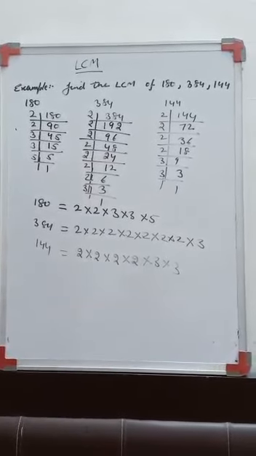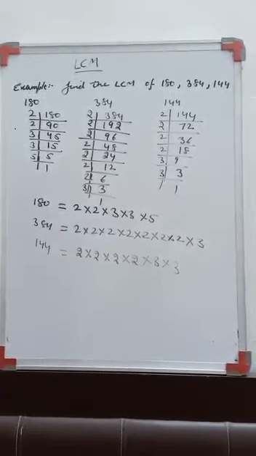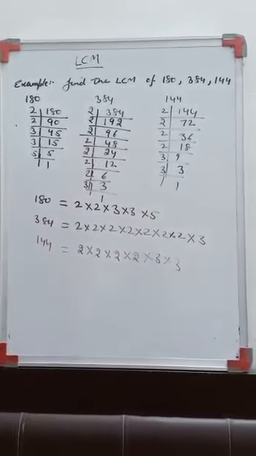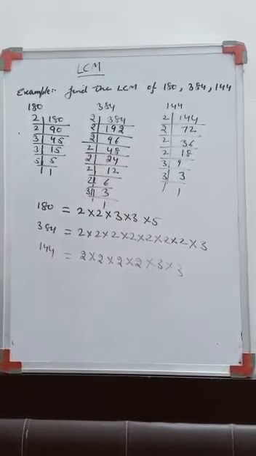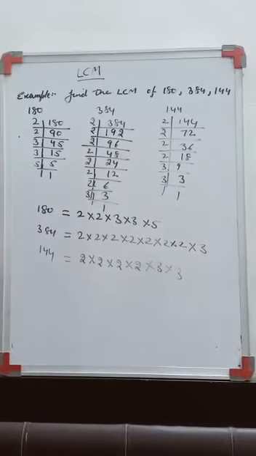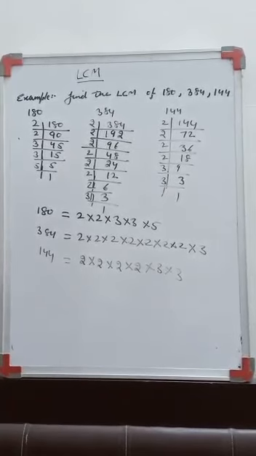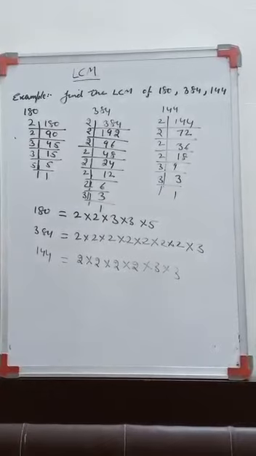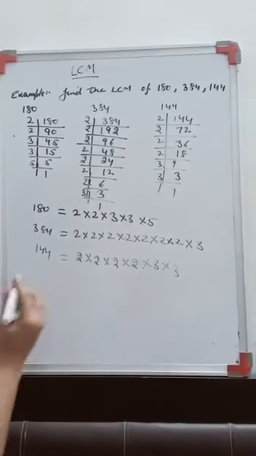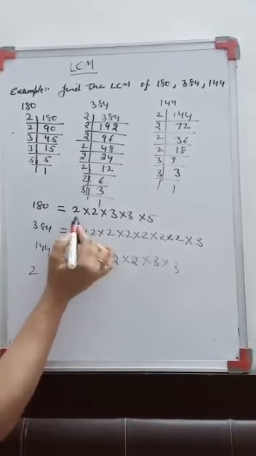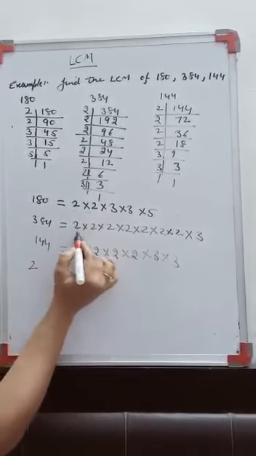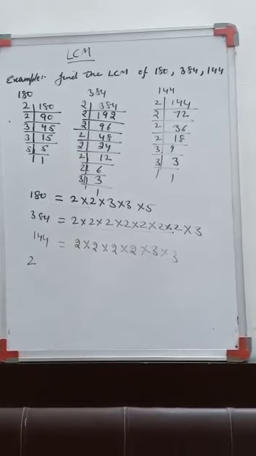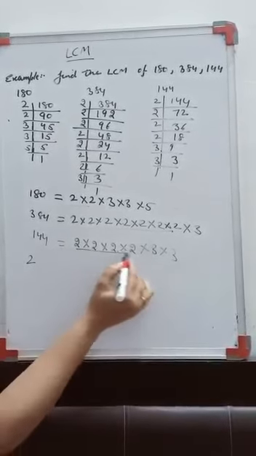See, what are the prime numbers over there in all the three? 2, 3 and 5, right? Whenever we are calculating the LCM, we see how many times a particular prime number is repeating itself. The maximum number of times it is repeating, that is to be taken in the LCM. If I see 2, in 180 2 is repeating 2 times, but in 384 2 is repeating how much? It has the maximum number of occurrences, that is 7, right? But here it is only 4.